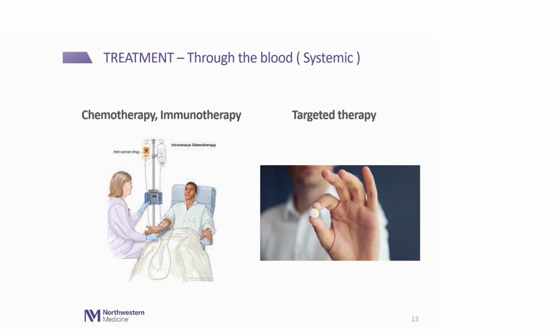Systemic treatment, which as I mentioned earlier, all those treatments that are given through the blood. This is something I can talk more about because I'm a medical oncologist and this is what I deal with all the time. So this is something I can go into some more details. Chemotherapy and immunotherapy, these are basically medicines given into the blood. Patient is seated in a recliner. The medicine itself is hung in a bag like this. Our specially trained nurses infuse or instill or give this medication this way.